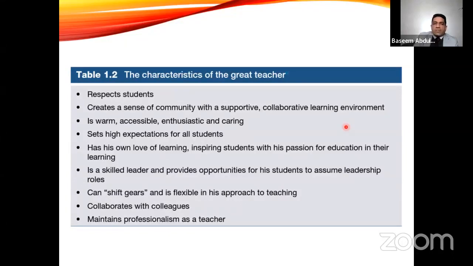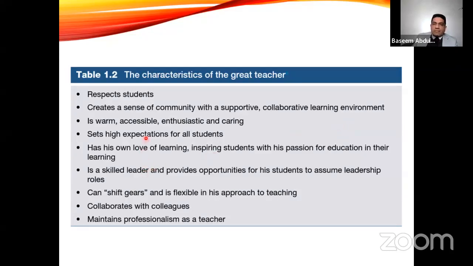teacher. Characteristics of the great teacher. This table was the result of a study, although it was on high school, not for medical school, but it means there are a lot of similarities between the characteristics of the great teacher, even in high school. I mean secondary school. The teacher should respect students, creates a sense of community with a supportive, collaborative learning environment,